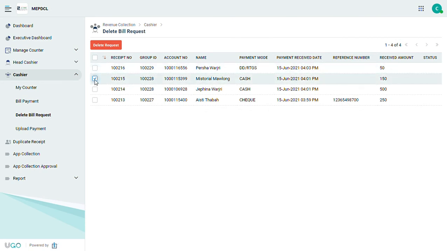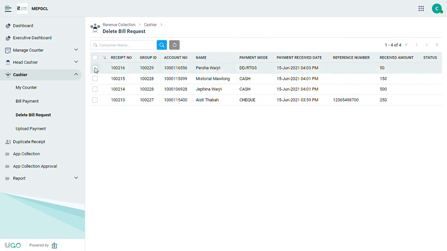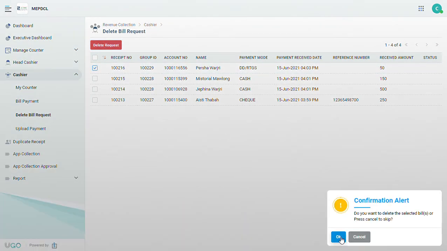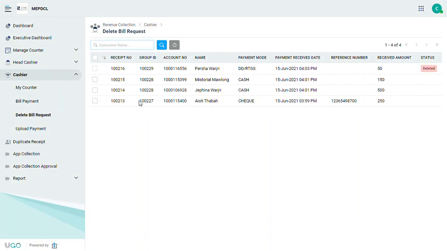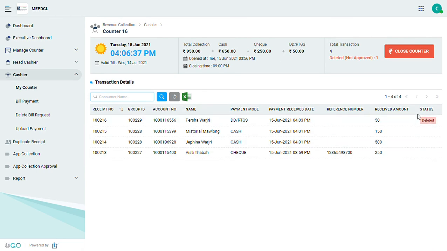Okay, we don't have to delete this, we have to delete this transaction. Click delete request, confirm. Okay, now this transaction has been deleted, but you have to inform the head cashier. Okay, go to my counter, status updated to deleted with count here.